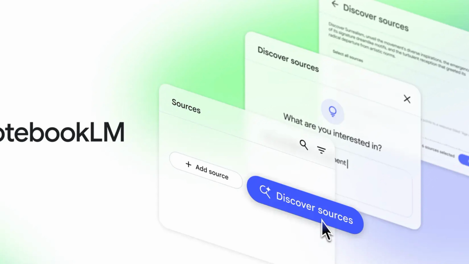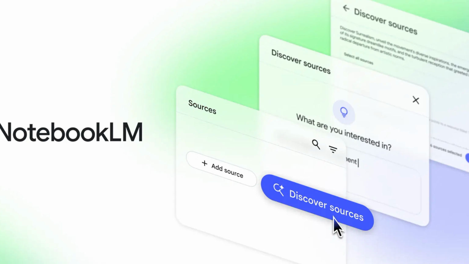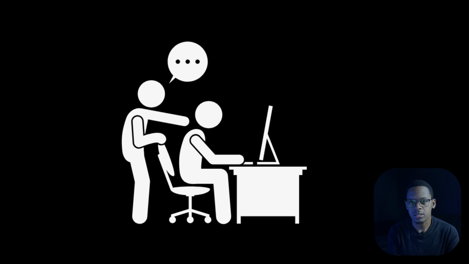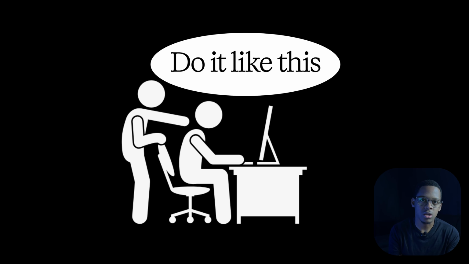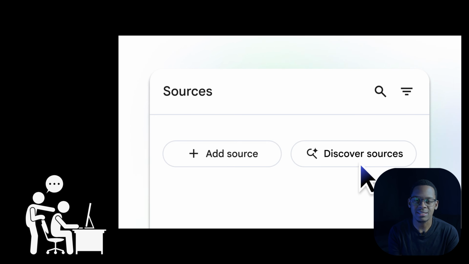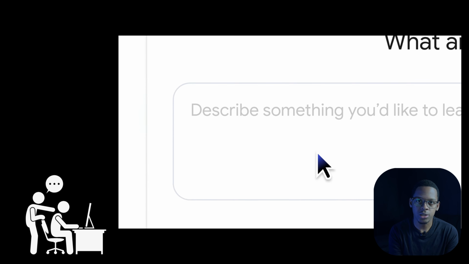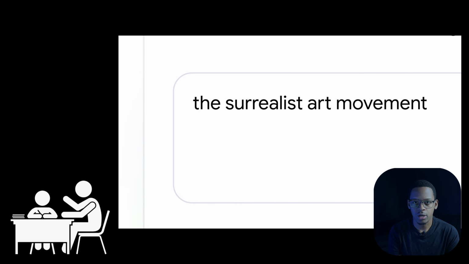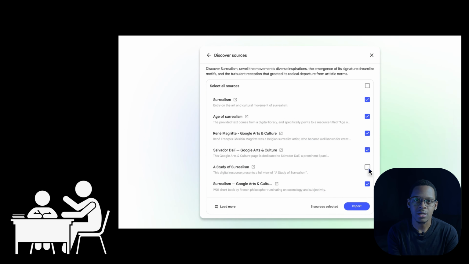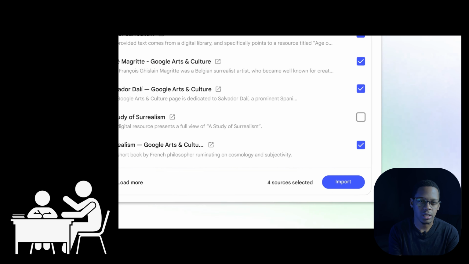That's exactly where NotebookLM comes in. This is Google's most underrated AI tool right now, and it's still completely free to use. But here's what makes it different. Think of it as your personalized knowledge companion, a dedicated research assistant that builds its entire brain from the material you provide. No distractions from the wider internet, just you, your curated content, and an AI ready to help you